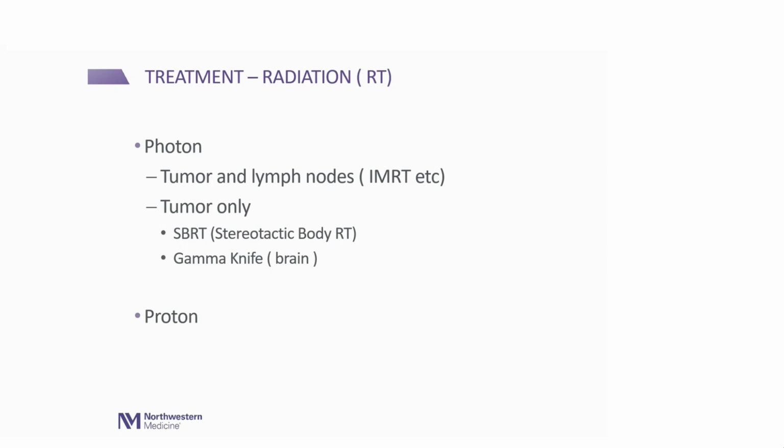I just included one. This might be a little more information, so you don't have to pay attention. A second type of radiation treatment is only the cancer spot is targeted and the lymph nodes are not taken into account, or they don't treat the lymph nodes. One such treatment given to different organs of the body is called SBRT, which is like pinpoint focus radiation, stereotactic body radiation therapy. That's the full form for that. The second type, which people may be more familiar with because of the name, is gamma knife. That's also a pinpoint only to the tumor.